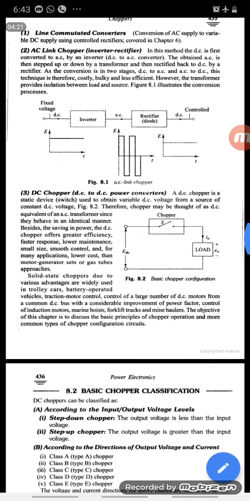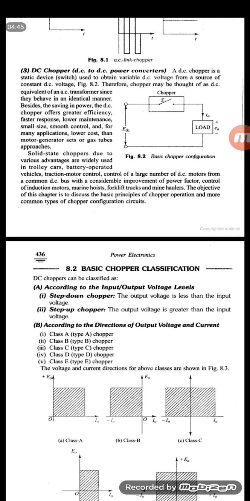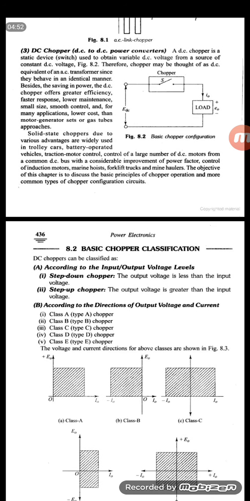The main disadvantage of this method is that we have to use an inverter and a rectifier. Automatically the cost will increase, the size will increase and the efficiency of the method also decreases. Why? Because of the number of power stages, the losses are increased, and automatically the efficiency is decreased. So, the third method to get DC to DC is a simple circuit. Here we can get variable DC from fixed DC.